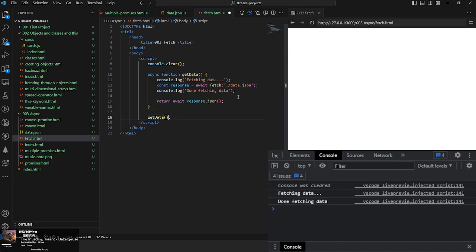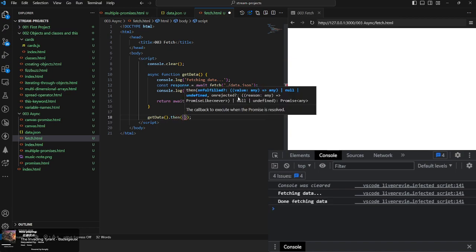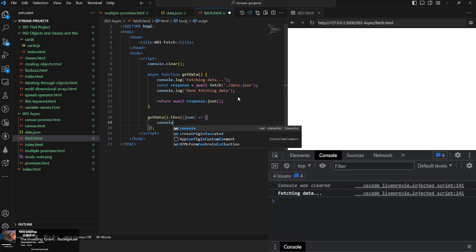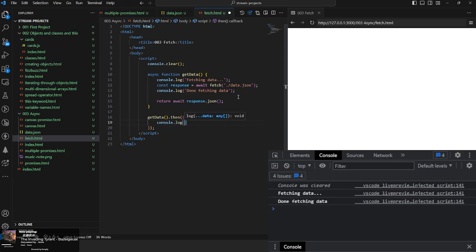Okay. So what to do now? We can now do then JSON console log JSON, and we get exactly the same. So now we've reduced the amount of thens to just one then. And again, it can get crazier. What you can do now is